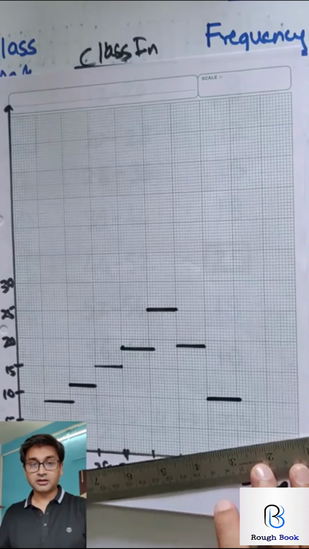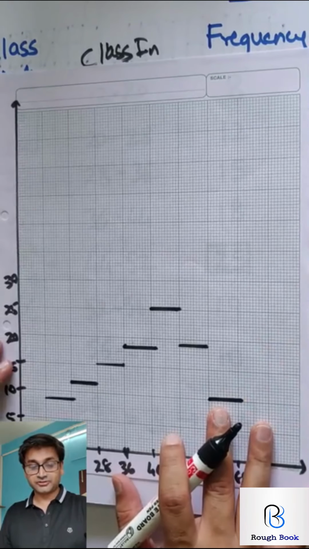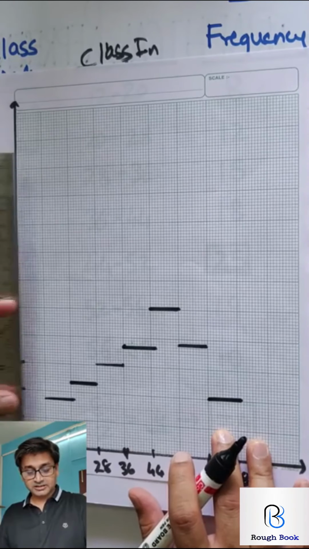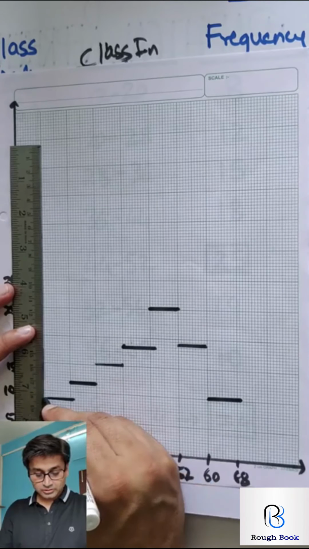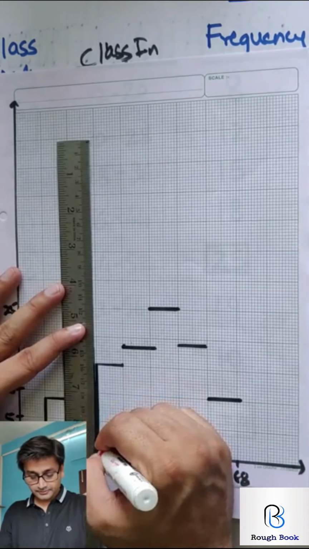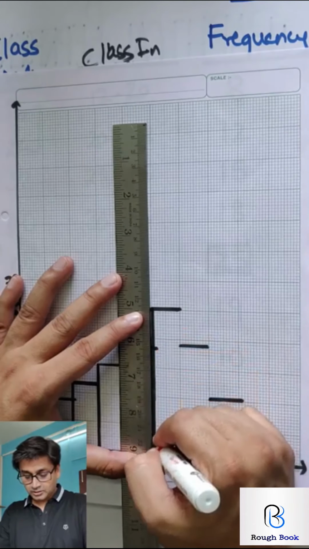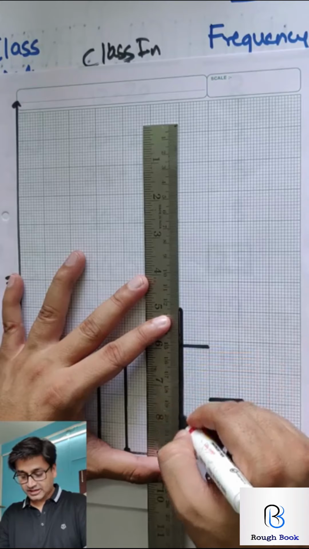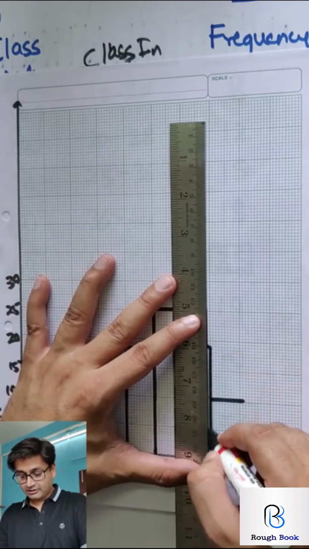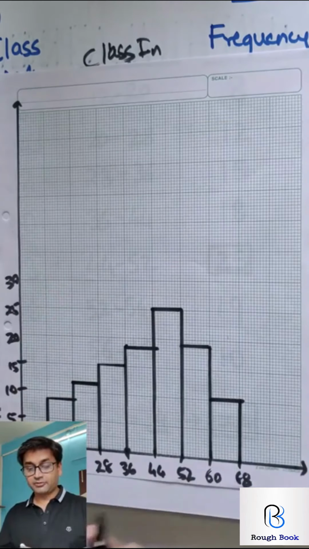Is my histogram done? Where are the bars? Who's going to draw the bars? So let's quickly draw the bars first. So all the bars now. Line 1, 2, 3, 4. Basically what I have done is, first I marked all the values and now I am drawing the vertical lines, so it becomes easy for me to plot.